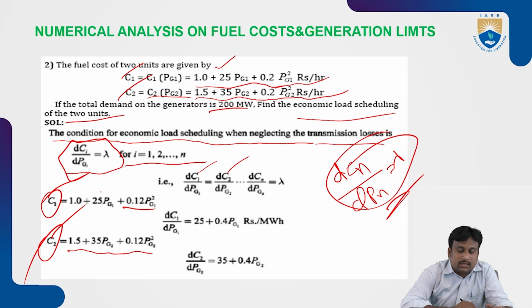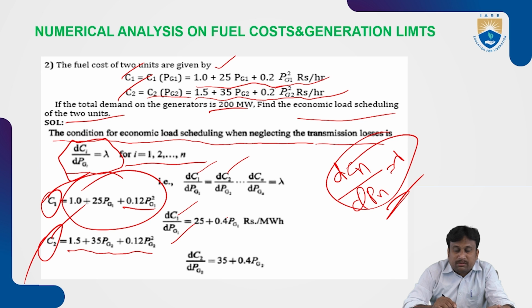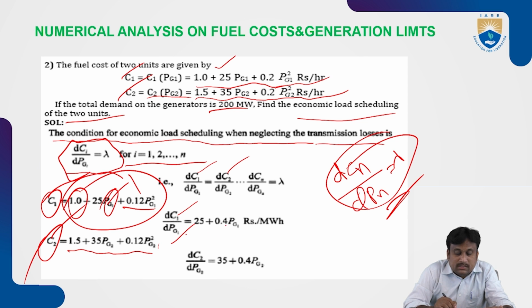With these two costs, if you apply the concept of dC1 by dPG1, the 1 becomes 0, and this becomes straight away 25, and with respect to PG1 this becomes 1. So 25 plus 0.12 PG1 square becomes 2 into 0.12, that is 0.24 PG1 in rupees per